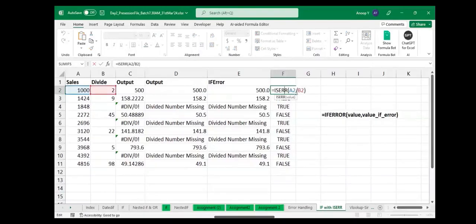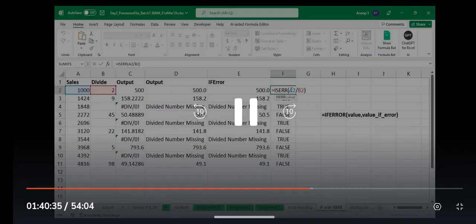Because when you divide A2 by B2, it will give you 500, right? Yes. Okay, but is 500 an error or not? No, 500 is not an error. So what will happen